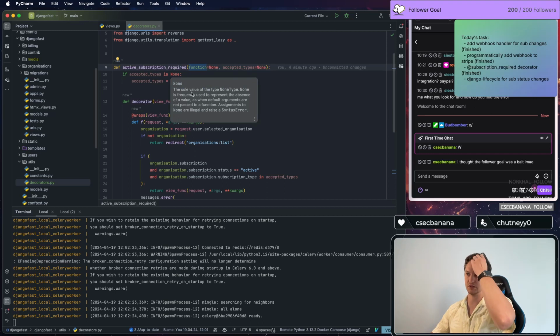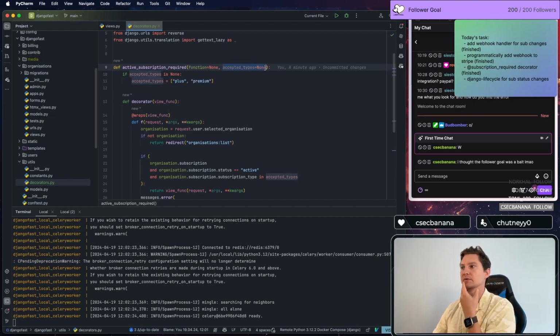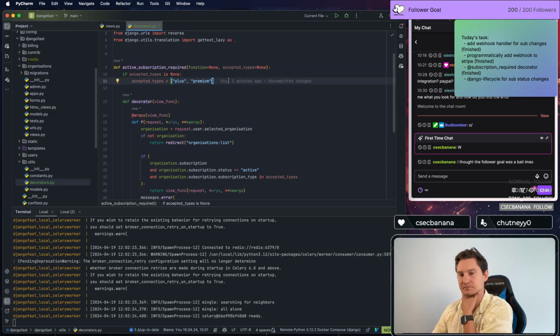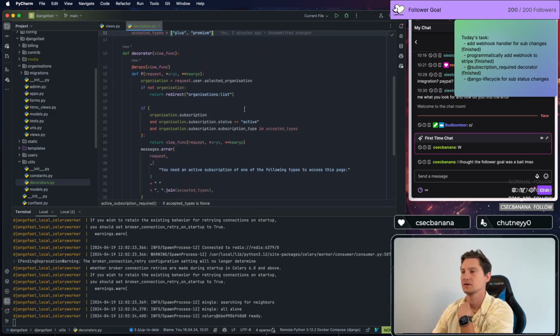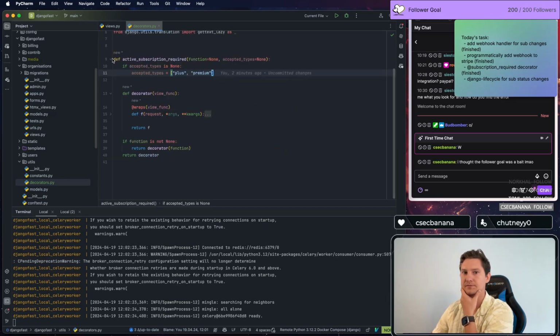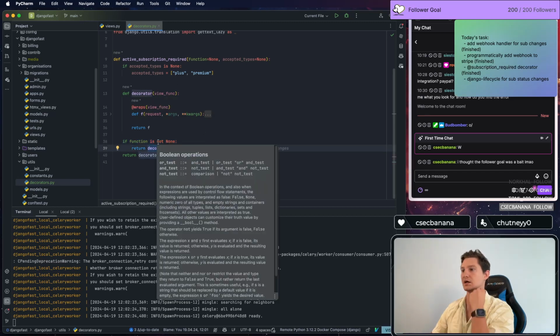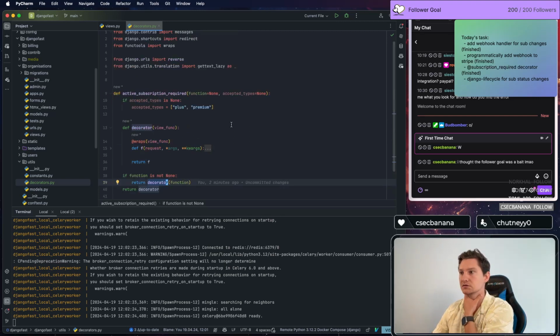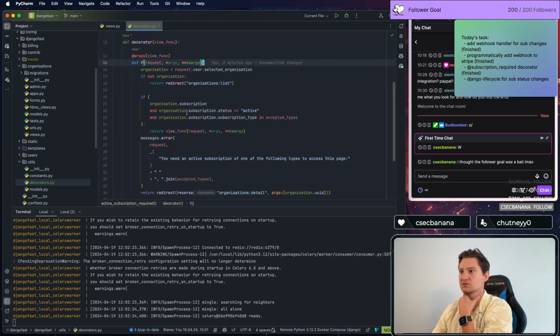So where you place this on, and then you have an optional list of accepted types. If none is set, then we expect plus and premium to be fine. So if this just works for any of them, great. So then inside this we have, of course, this helper function, but the main entry point will be if the function is not none. Right, we will return the decorator with the view function. Fine, and otherwise just return decorator. Fine. So this is peachy. And then of course our logic is all inside here,